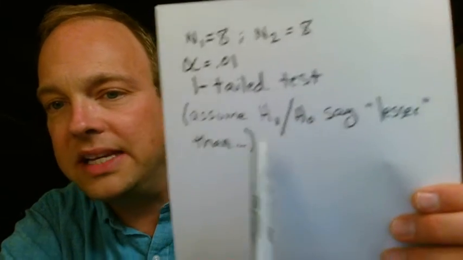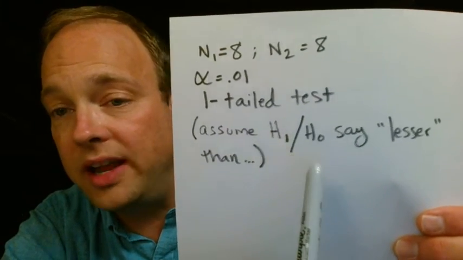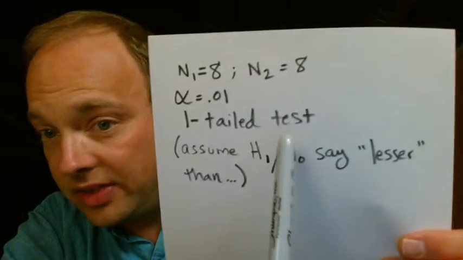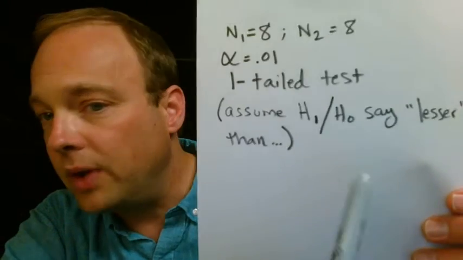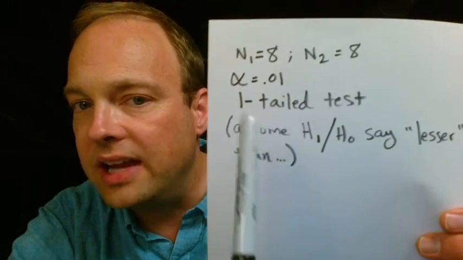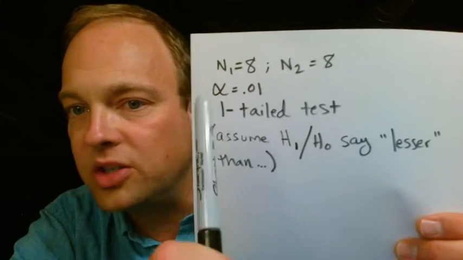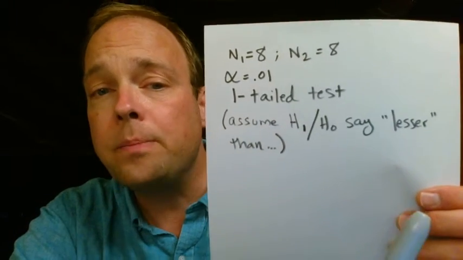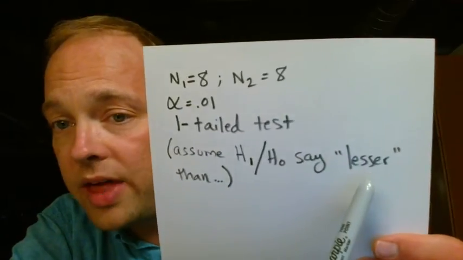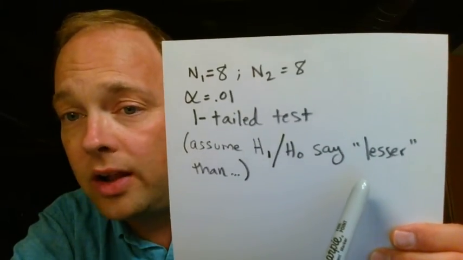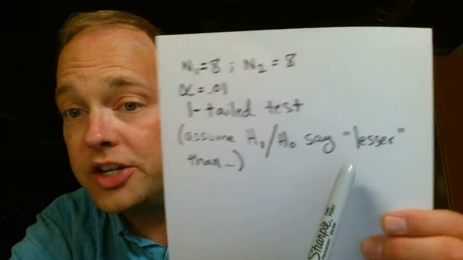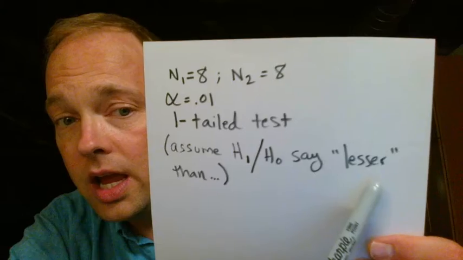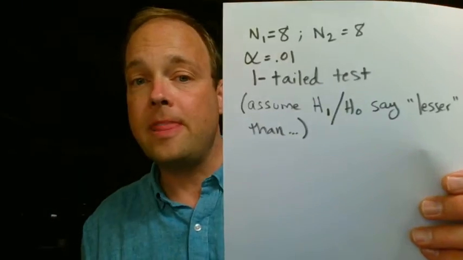Assume that the hypotheses, and I'm simply using H sub 1 and H sub 0 to indicate the hypotheses, say lesser than, all right? So direction has been stated, that's what makes us need a one-tailed test. And we also know that the critical region, the rejection region, the tail, that all means the same thing, is going to be on the left-hand side. So let's first talk about picking the correct